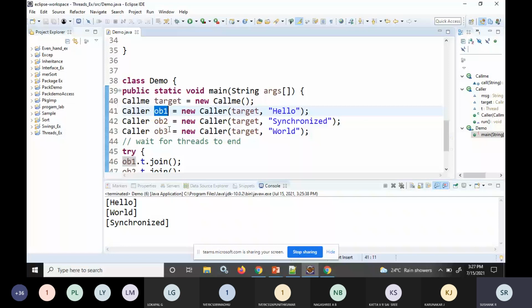And we have a producer. What is the role of the producer? The producer is to produce some data. You can see this constructor by the name Producer, which has the parameter q as the data, and that is being assigned.